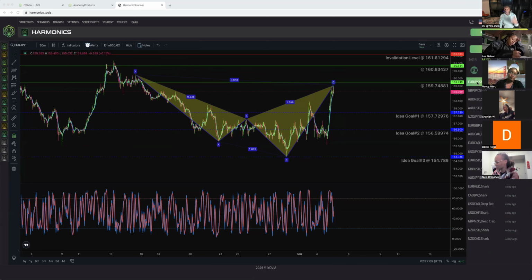Step number two: we want to find the most recent trade idea that aligns with the patterns that we like to take. And that is either a butterfly, a bat, a gartley, a crab, deep bat, whatever. No sharks. Anything other than sharks. That's the easier way to remember it. So if the first trade that I see right here is EURJPY shark, and this was called out an hour ago, that's cute that it was called out an hour ago, but I don't care. I'm looking for the best possible trade.